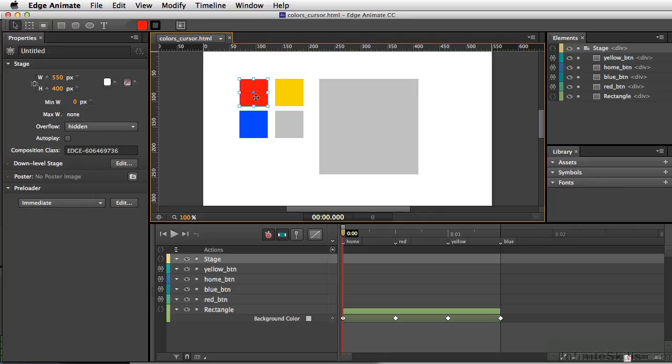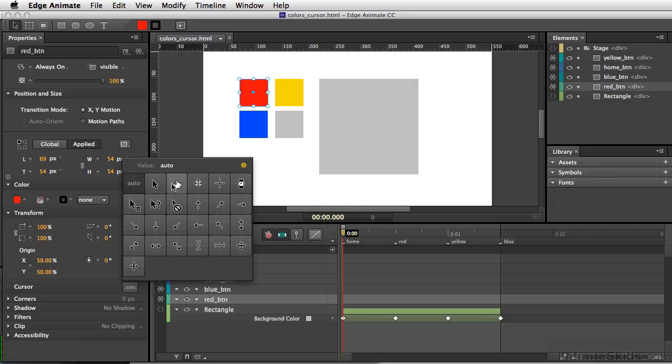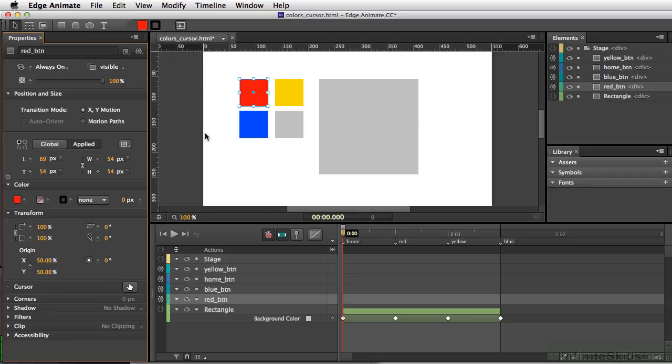So I'm going to first select our red button element here, and I'm going to go over to Properties down to Cursor, and it's set to Auto. So I'm just going to click here, and then we have plenty of options. The one thing that screams, hey, you should click on this, is the pointer. So we're going to go ahead and click this just once, and I'm going to click back to my stage,